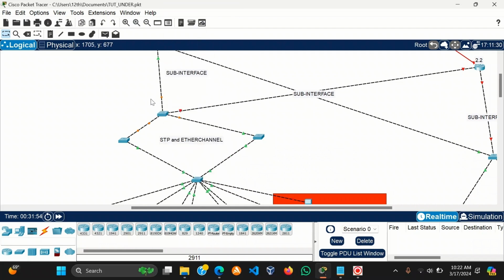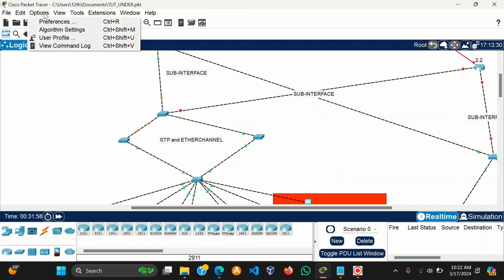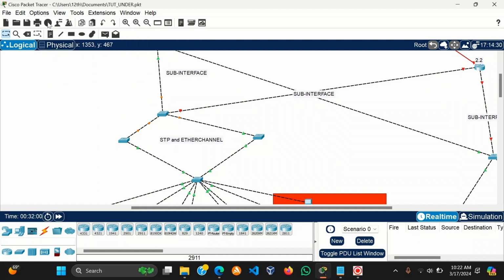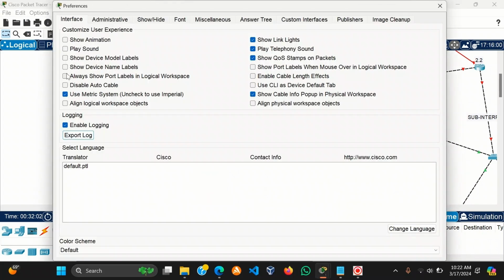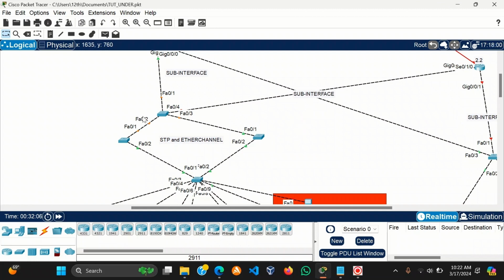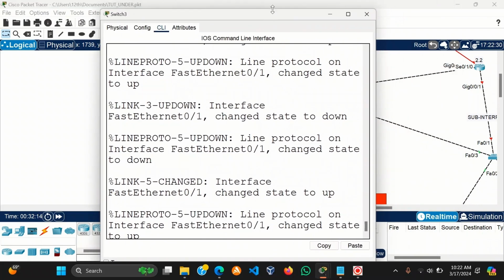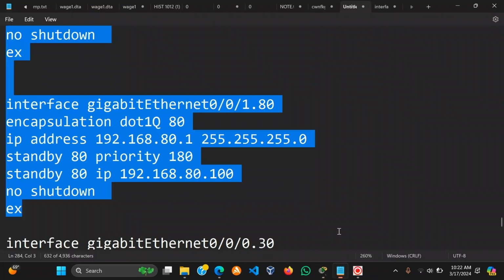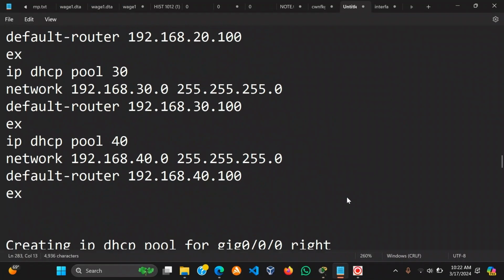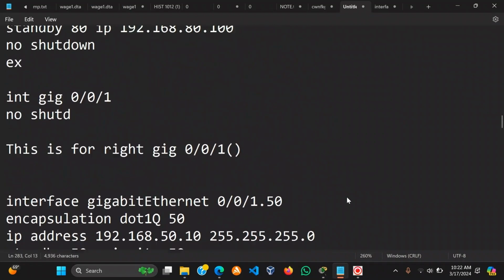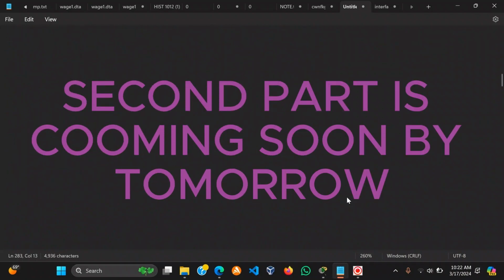For the switch part, let me see the interface name, interface port. So this switch is F0, F0/1. So let me do according to my guidelines. What I'm going to do in the second part is that